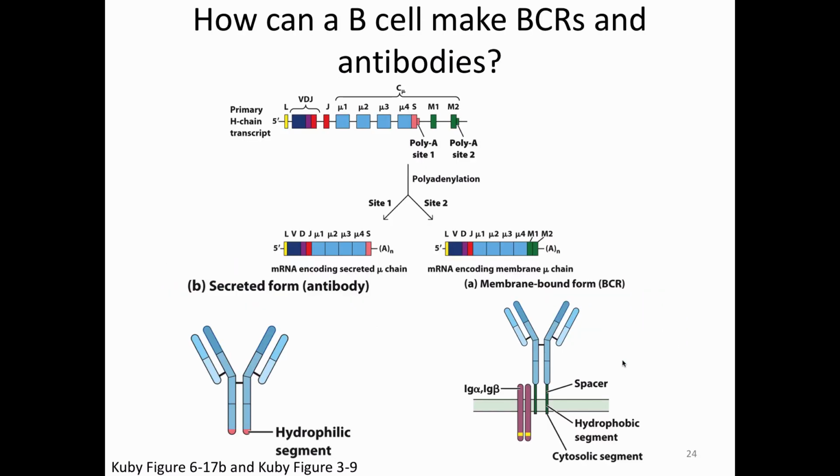The answer is that after the constant region exons, there are a couple of different additional sites. And we can, in fact, put a poly A tail in two different places on this RNA. One of them will end right after our constant region exons and will give us our secreted antibodies. There are also times when we get the poly A tail added a little bit later to that same transcript,